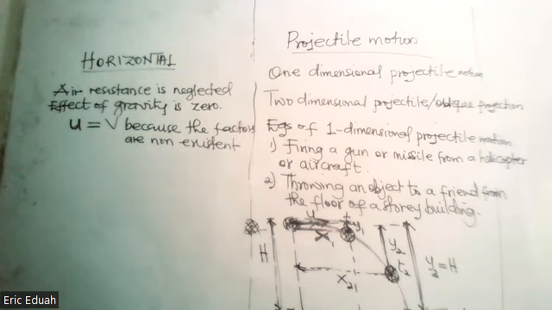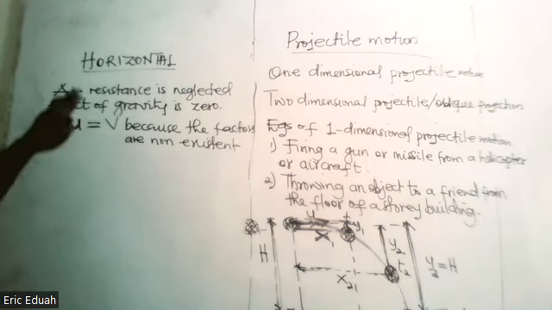So under projectile motion horizontally, initial velocity is equal to final velocity. So we've looked at